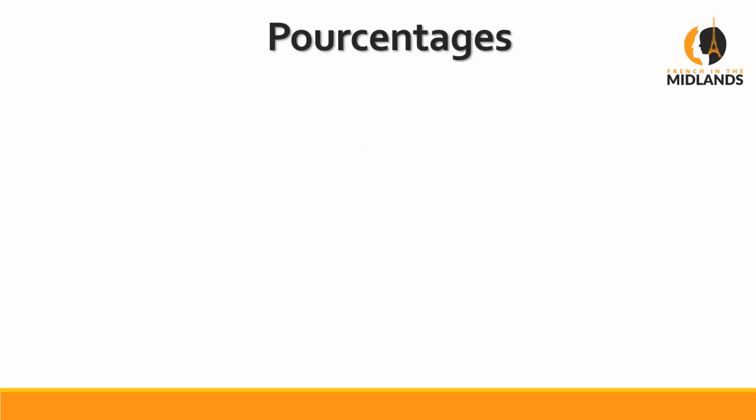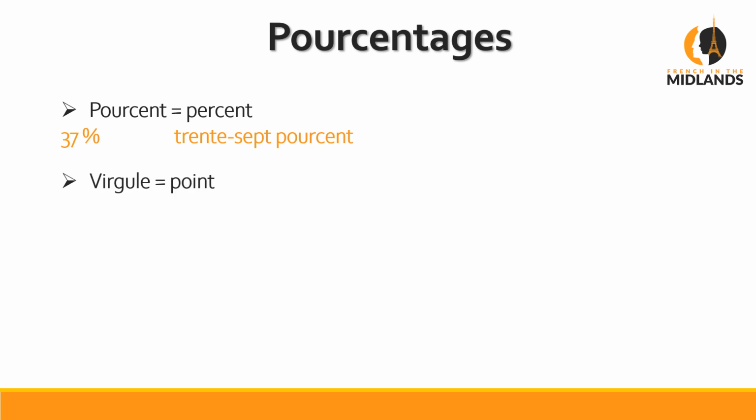Now for percentages, pourcentage en français. The word percent is pourcent. For instance, 37%, and that's how you'd write it, same as English. Now what isn't the same is when you have a dot. In French, it's not a dot, it's a comma. So we say, which is a virgule, we say